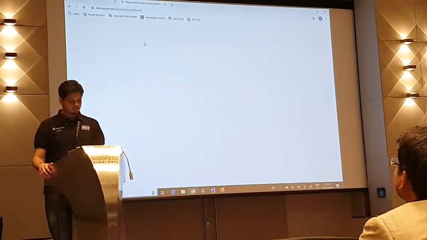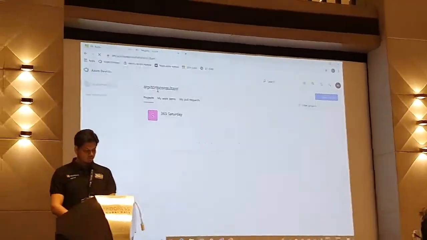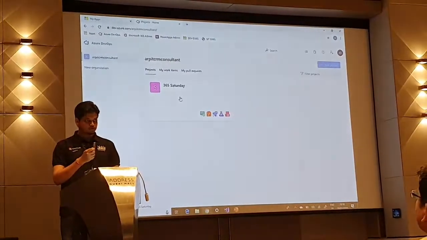DevOps provides, to streamline your process. So if you can see here, first you need to create a project. Okay, so in the single